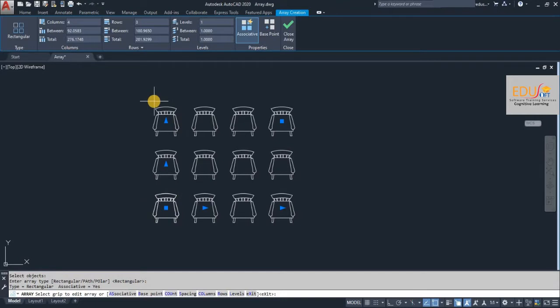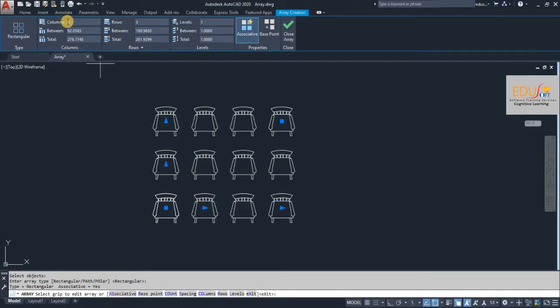Now the default array has come as 4 columns and 3 rows. You can see the details on the top of your screen, or else you can give the spacing, number of columns, rows, levels, etc. in the command window by selecting these sub options.